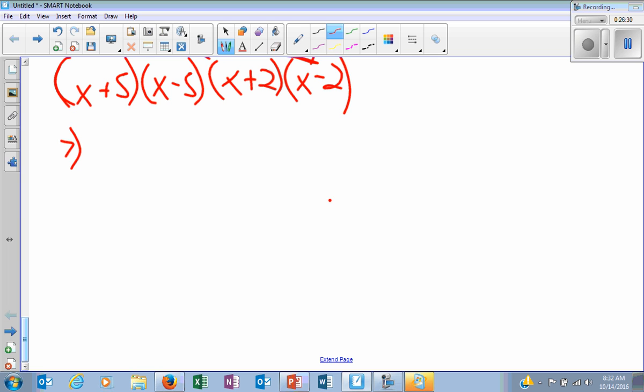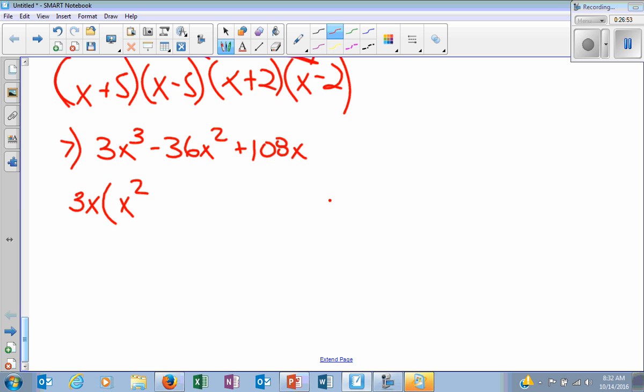Number 7. 3x to the 3rd minus 36x squared minus 108x. What do I first try to do? GCF. What is it? Oh, thank you. So they have a GCF of 3x. And what am I left with? X squared minus